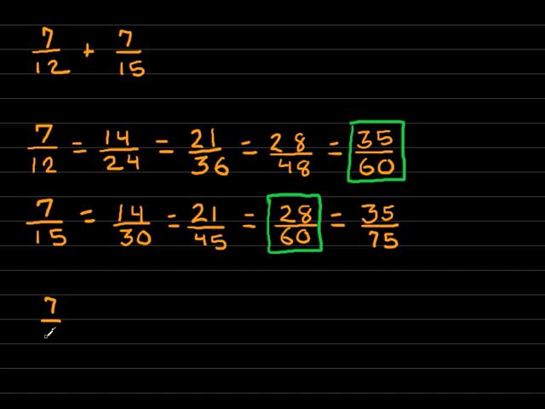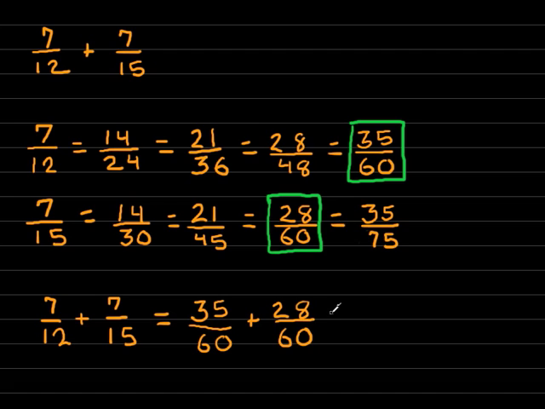Because 7/12 plus 7/15 is the same as 35/60 plus 28/60. And that is simply 63/60. Now you might have noticed in both this and the previous example, we've ended up with a fraction where